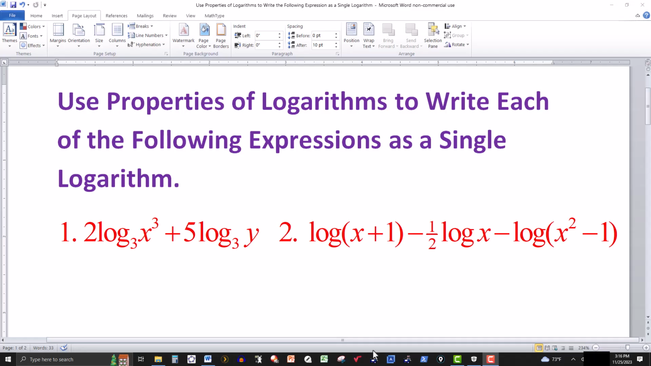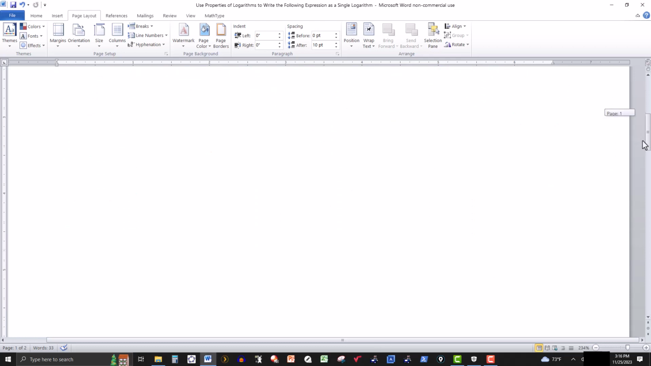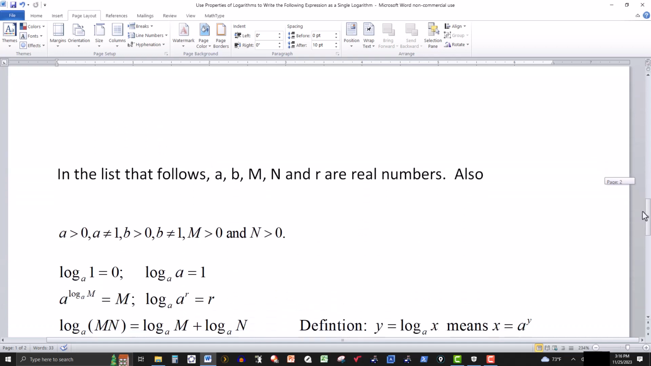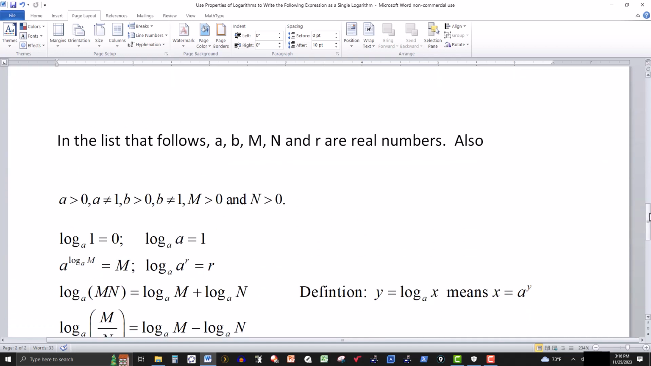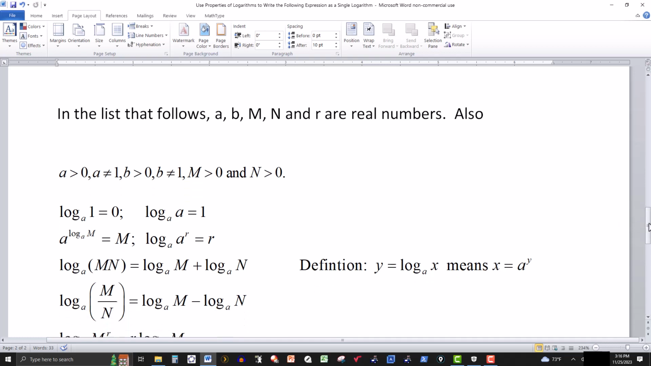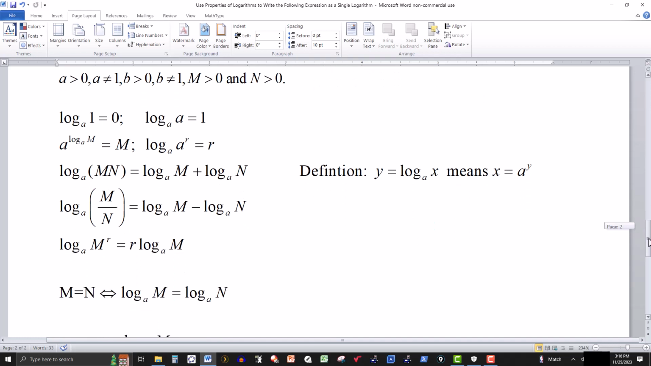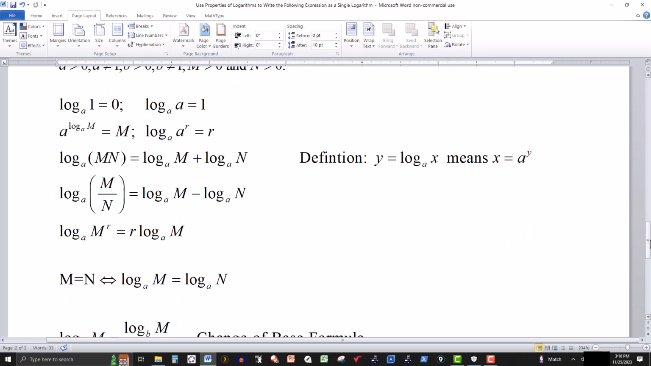In this video, we're going to use properties of logarithms to write each of these expressions as a single log, or as the logarithm of a single quantity. So let's go ahead and just review properties of logarithms here. You can read through those, pause the video. And the ones we're going to use in this particular video,